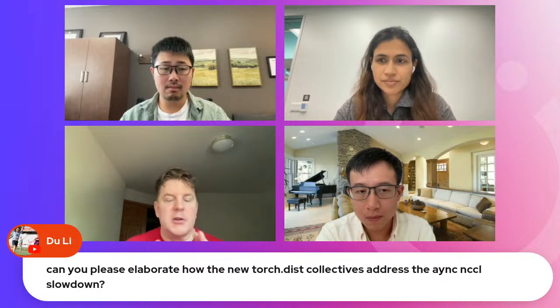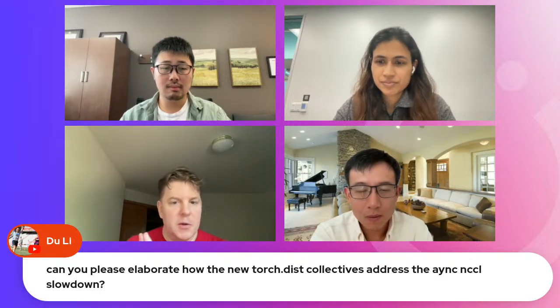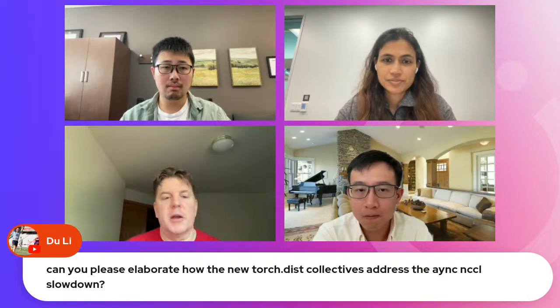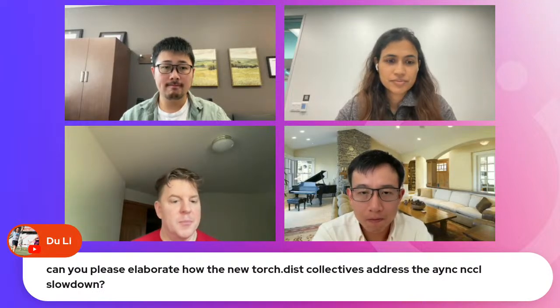So basically, it addresses the SM contention you guys were talking about. As it's doing compute and doing collective, it eliminates some of that contention, which is also where it gets the speed up. Mm-hmm. I'm not familiar with NVIDIA Sharp, so I don't know. I'm also familiar with that.